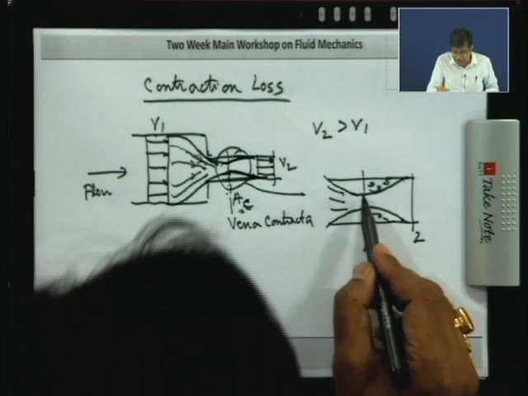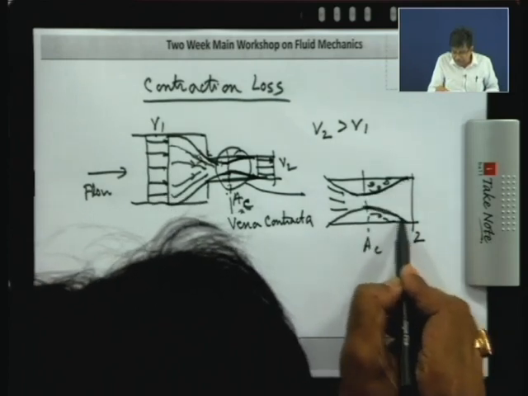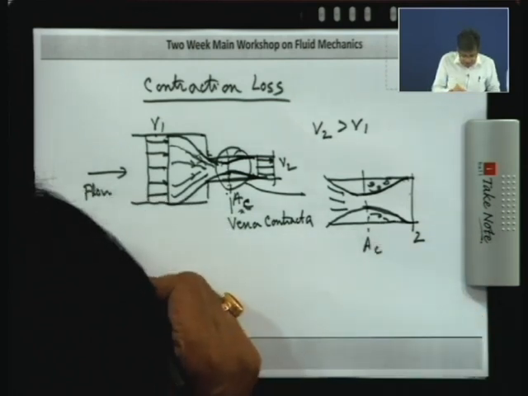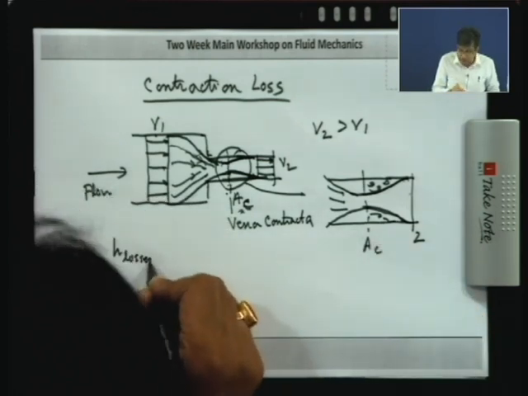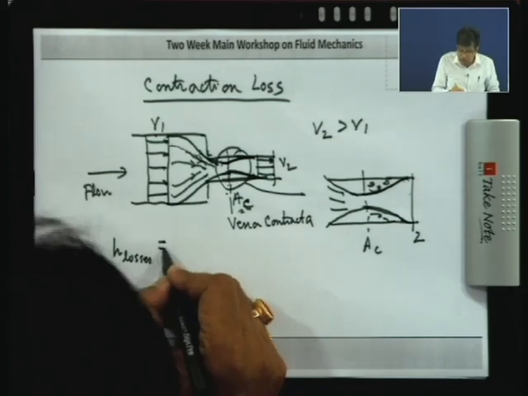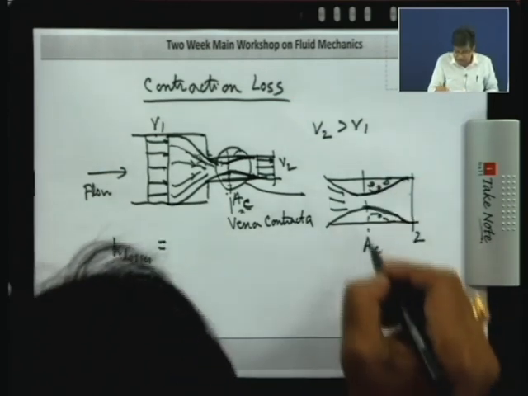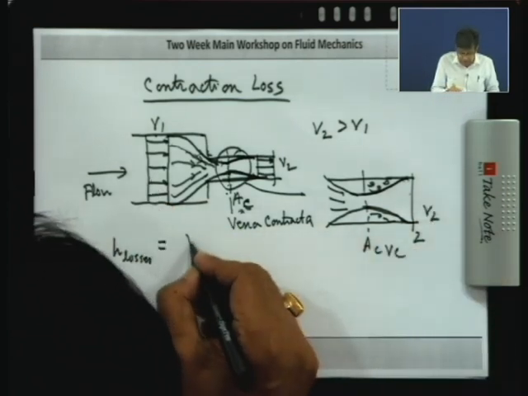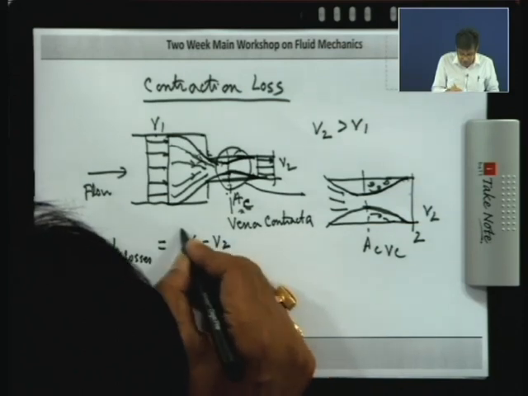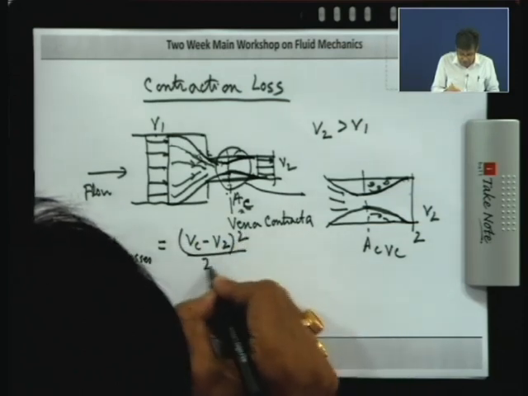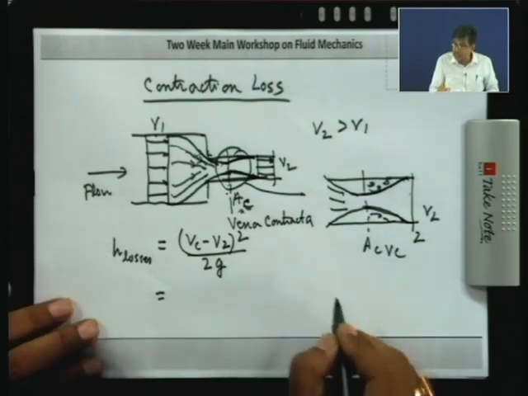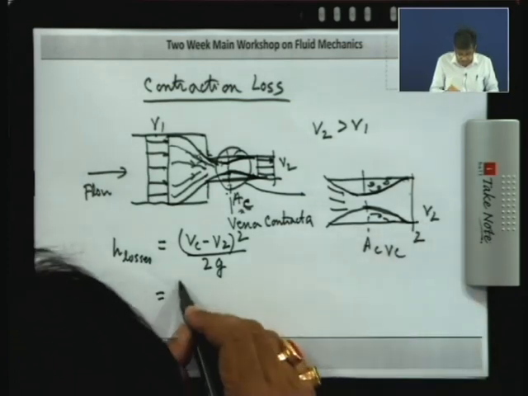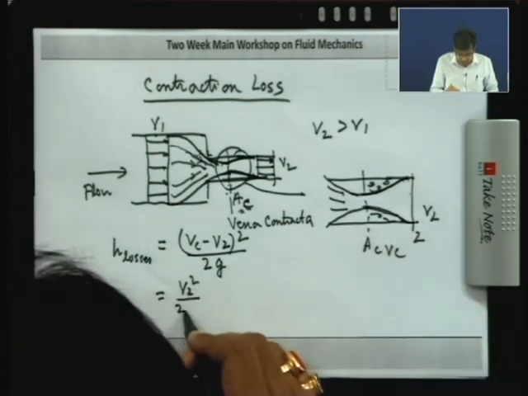So, therefore, what happens? This is filled up like this. In this part, it is basically the head loss, or the energy loss per unit weight, due to expansion. That means if I define Vc and V2, this is no way related to V1 now. So this is simply (Vc minus V2) whole square by 2g. And if again I write this in terms of V2 square, then I can write V2 square by 2g, then